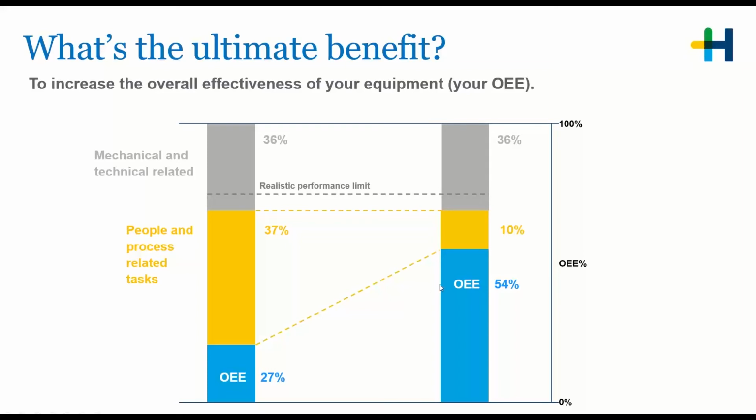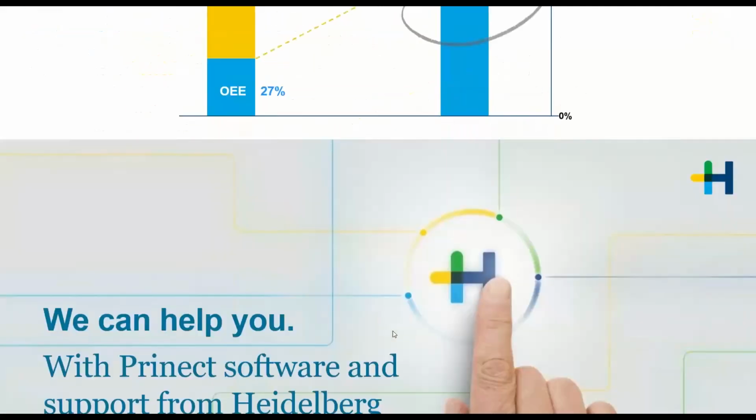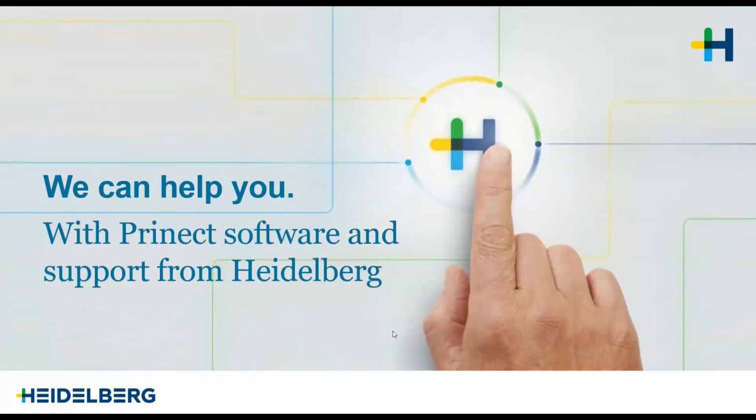The real gains we've identified is actually in reducing these people and process related tasks. If we get that down to 10%, we could increase your overall equipment efficiency up to 54%. So we feel that by focusing on software and better working practices and support from Heidelberg, we can help you